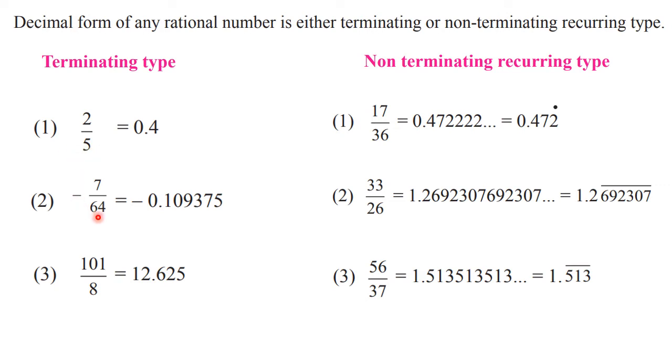In case of 64, you know that 64 we can write as 2 into 2 into 2, 6 times. So here 2 is the only factor. Here 5 is the only factor. Then if you think of 8, 8 again is 2 into 2 into 2, so 2 is the only factor. Think of 10. 10 is what? 2 into 5. If we divide by 10, then also the division is terminating type. If we divide by 20, then also it is terminating type.